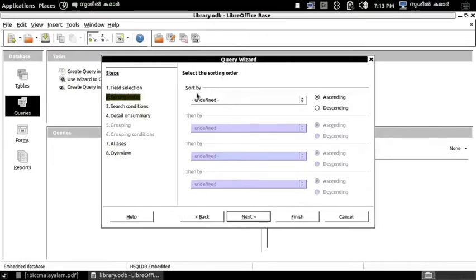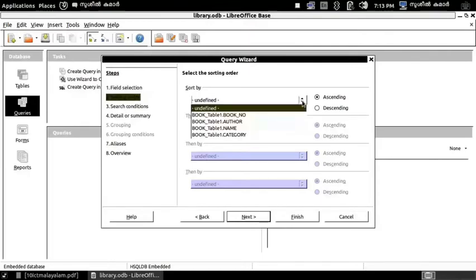In the first column, sort by, choose the column name based on the conditions. Here I select the book number.